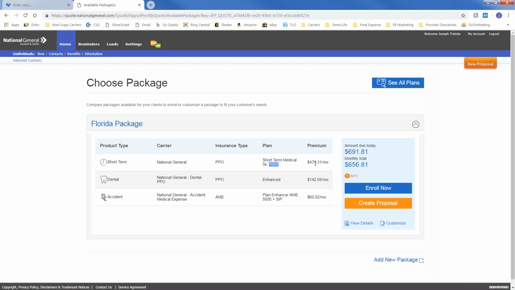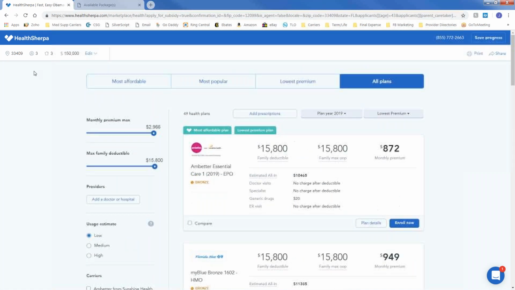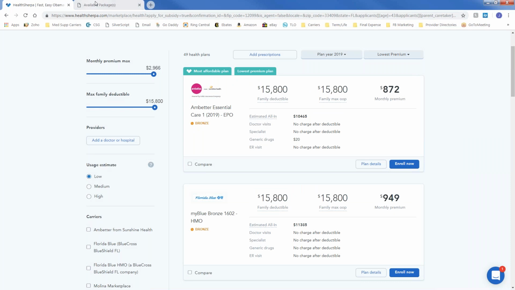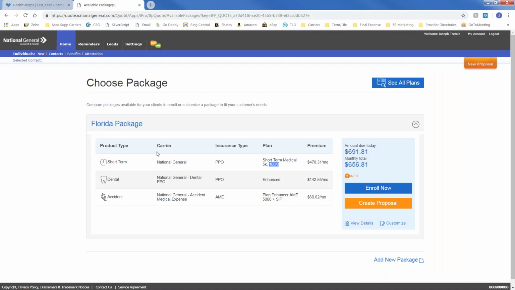I couldn't even think of a reason other than I would get a subsidy, which I'm not eligible for. Are we heavy utilizers? We're not. Do we have sicknesses, conditions, and illnesses? We don't. There is no reason for myself and my family to not choose short-term health. There is absolutely no reason, okay? Because it would cost me triple to pick the worst plan, the least rich in benefits plan on the exchange. It would cost me triple to do that. So here it makes complete sense to me.